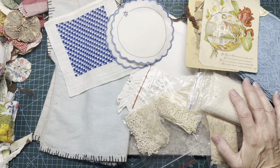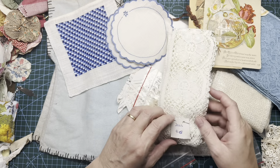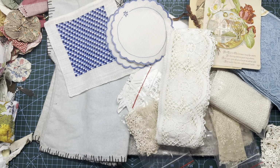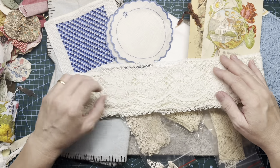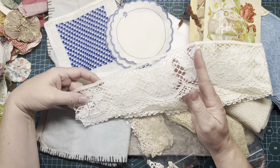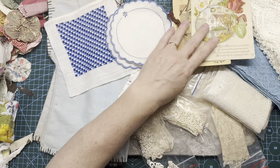What else? There's a few little bits of, this was another bulk lot. So I'll put that away. Yeah, nice to have when you can get a little bit more, and you know I'll cut off a bit of that and then make them into packs. So I don't mind getting a few